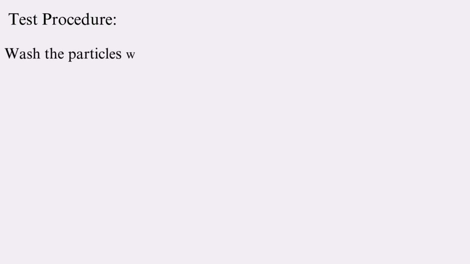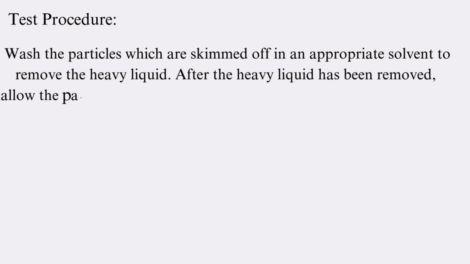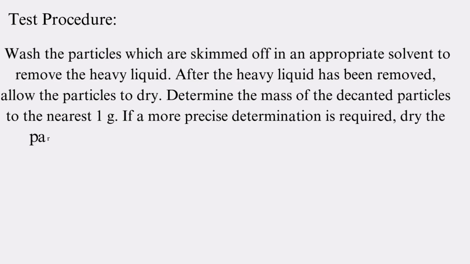Wash the particles which are skimmed off in an appropriate solvent to remove the heavy liquid. After the heavy liquid has been removed, allow the particles to dry. Determine the mass of the decanted particles to the nearest 1 g. If a more precise determination is required, dry the particles to constant mass at 110 ± 5 degrees Celsius,